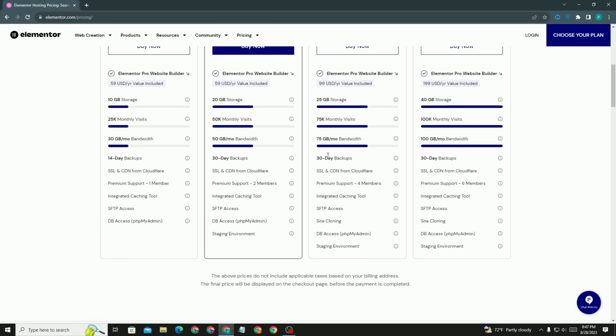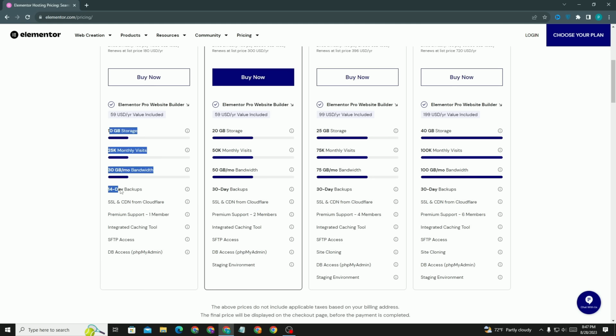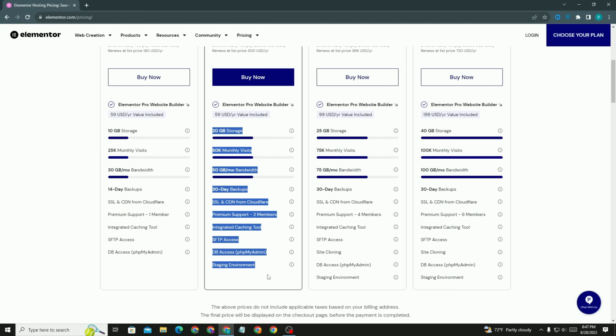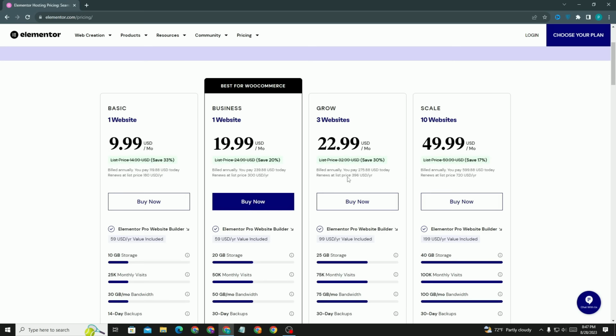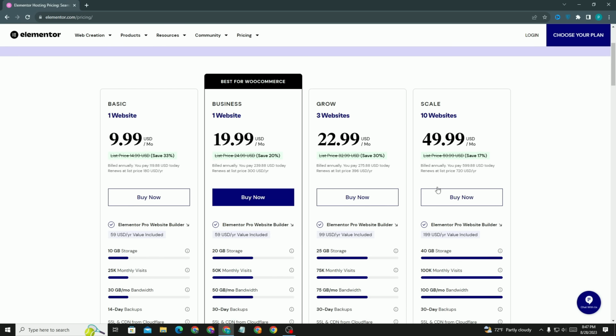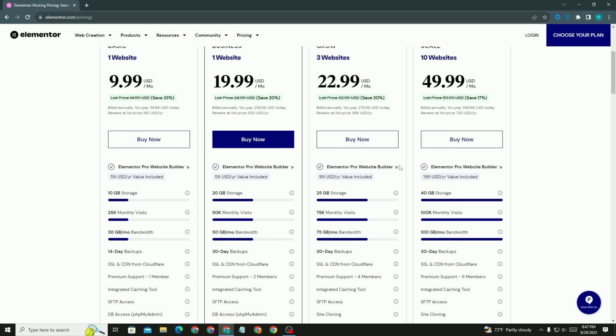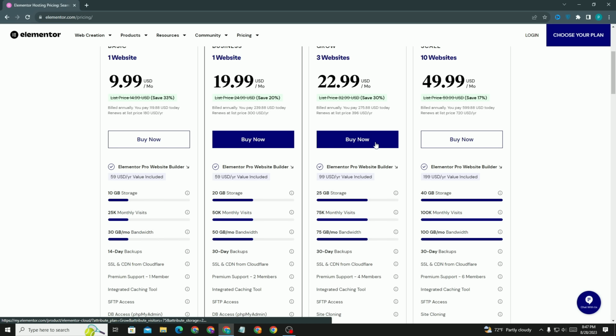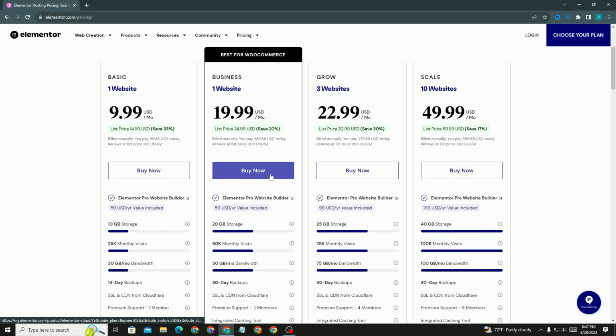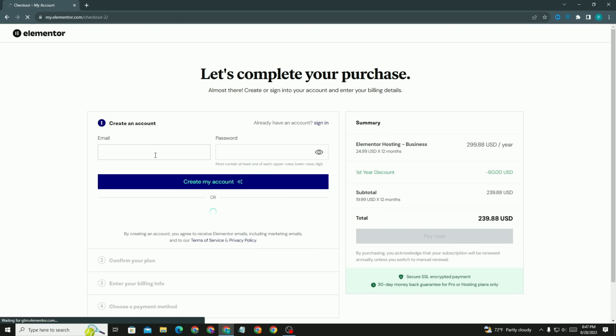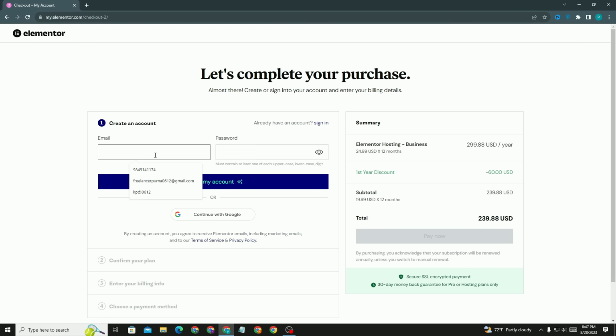If you choose out of the 4, like if you choose the basic, then you will get these kinds of features. If you go for the premium, then you can see these kinds of features, and if you go for the 3 websites, then you will see these kinds of features. So you can build not only one site, you can build many sites through Elementor. Over 14 million plus websites have been built with the help of Elementor.